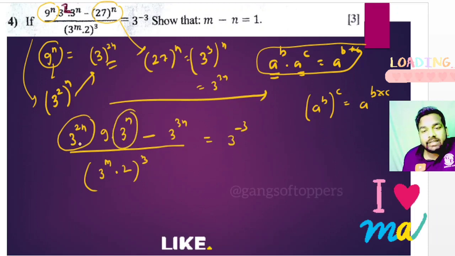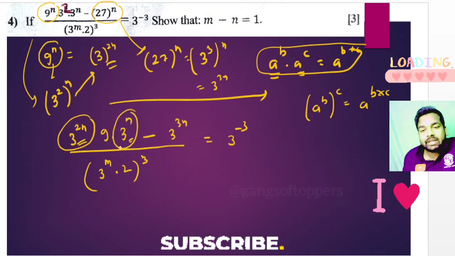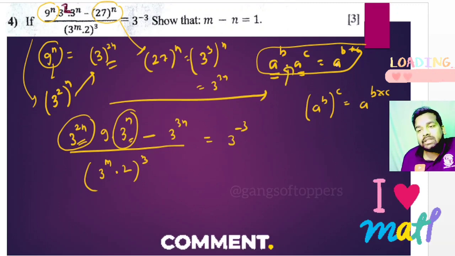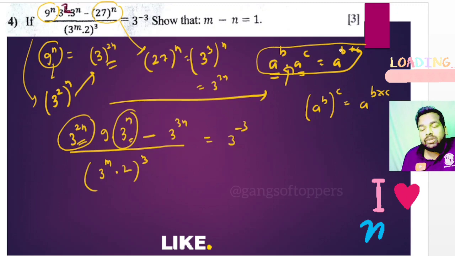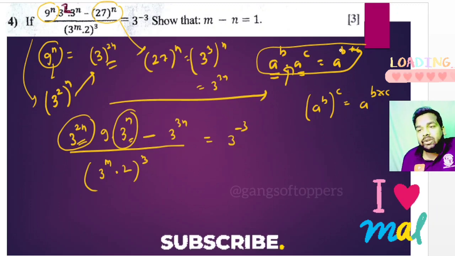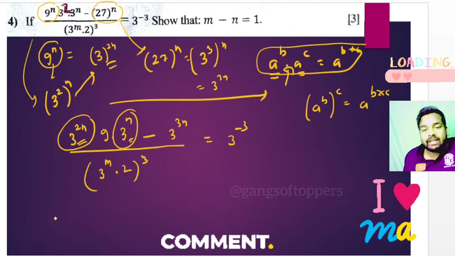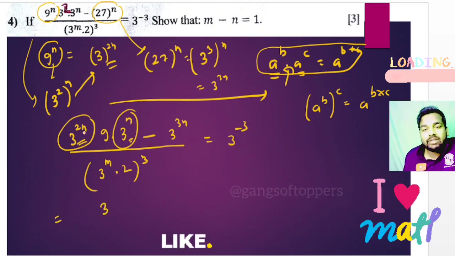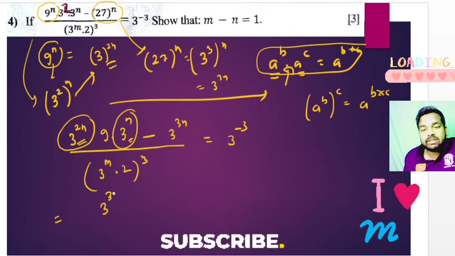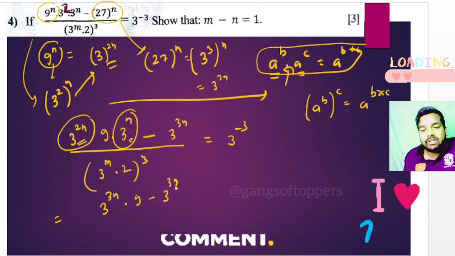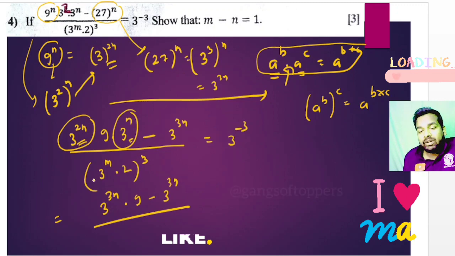since here the base is same, just utilize this concept, that is a power b and a power c is equal to a power b plus c. You can utilize it. And if you are going to utilize this concept, we can write here once again 3 power 2n plus n, it is going to become 3 power 3n, and here 9 multiply minus 3 power 3n divided by